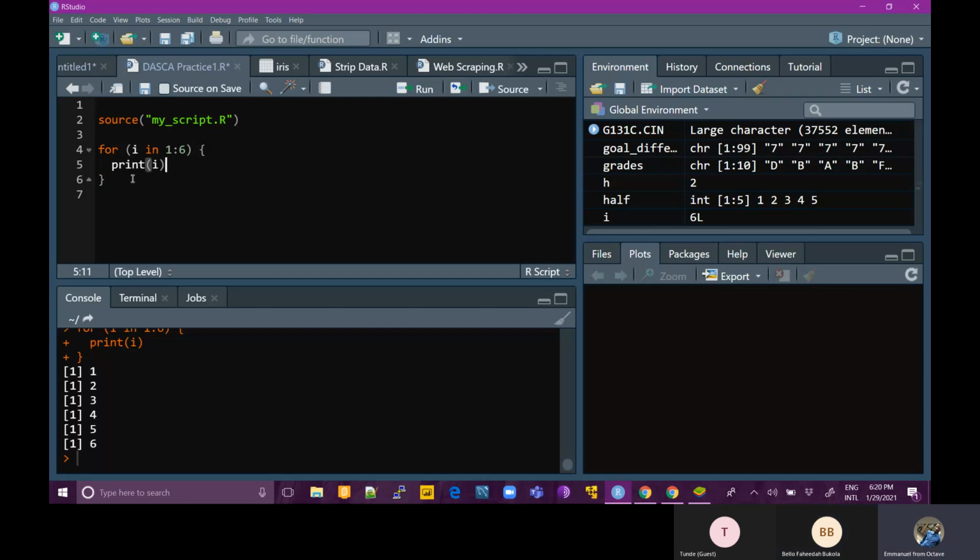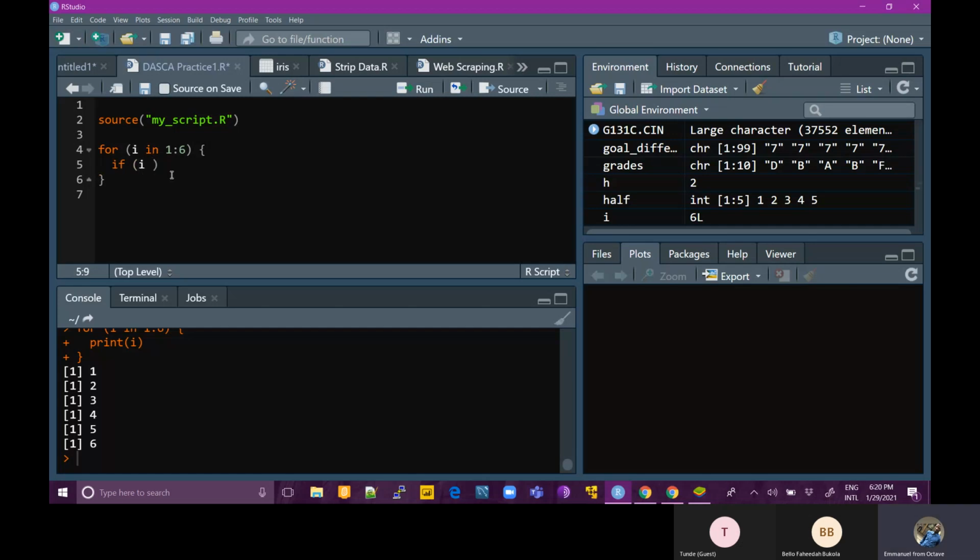So look at this for loop now. We printed all the numbers from 1 to 6. You can put a condition on what you want it to print. Yeah, you can do that. Now, I can say, okay, I don't want to print all the numbers. Probably I just want to print the even numbers inside that sequence. So what am I going to do? I'm going to put a condition. I will say if. And how do I know whether a number is an even number? It's going to be divisible by 2. So I'm going to say if I,